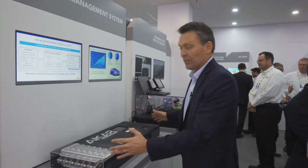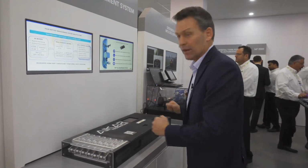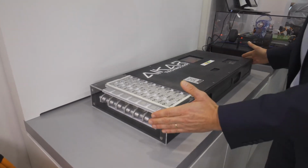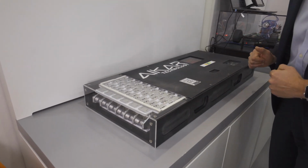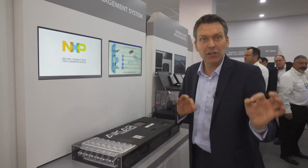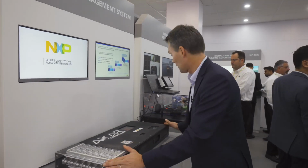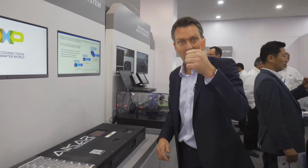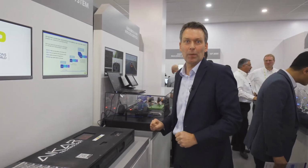Where do you get the energy from? Well, this is another nice NXP story. iCar has worked with us on a battery system here, and our battery management electronics is really in high demand at the moment. What you can see here is they have a very revolutionary battery design, and here we have our battery management electronics to optimally make sure that these battery packs have the optimal energy content and that you can get maximum energy also out of the battery pack if you need it. So driving range is the key topic, and functional safety. NXP can offer both highest precision analog electronics and highest level functional safety